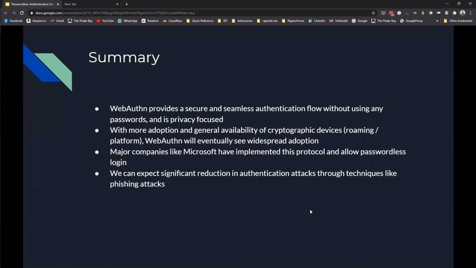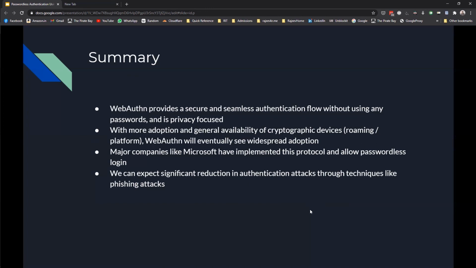So in summary, WebAuthn provides a secure and seamless authentication flow without any passwords and is privacy focused. As more and more users start getting these devices, and the platform authenticators get more robust, the WebAuthn protocol will see more widespread adoption. In fact, there are production-ready implementations at major companies as well.